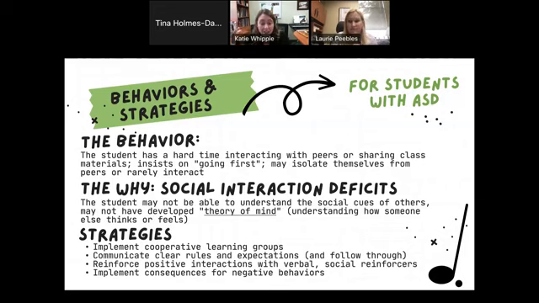And so the why of this, go back to what Dr. Grandin was telling us about interacting with people. It was difficult for her, and part of the diagnostic criteria for autism is the deficits in social interaction with people. Sometimes it's just that the students have a hard time understanding the social cues of others, and as they get older, sometimes that